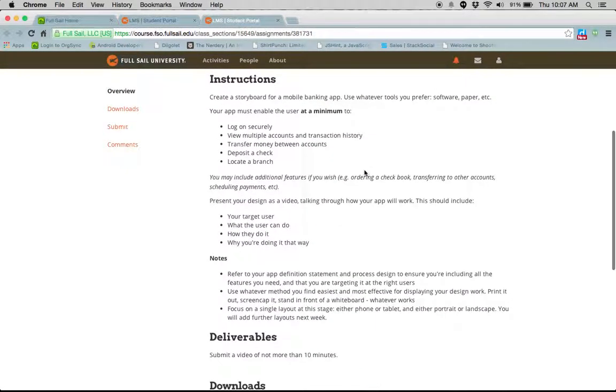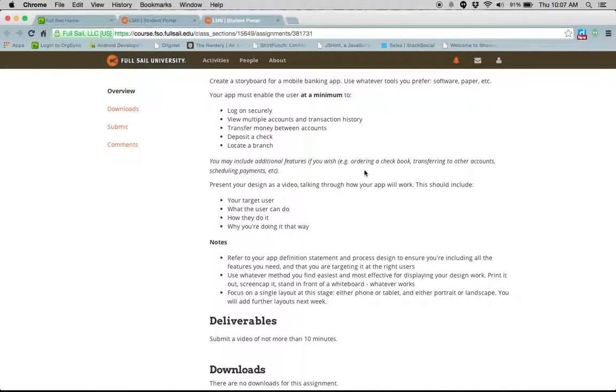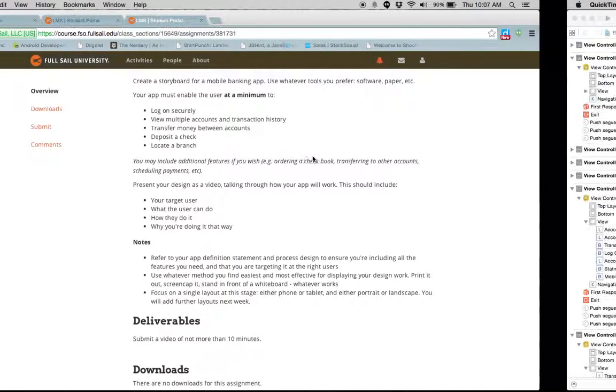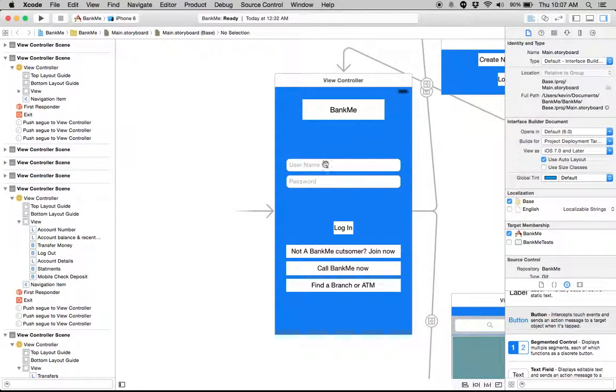Start off with the features that a user must be able to do. We're going to swap back and forth between the pages. First off, they have to log on securely. That would be right here. They enter their login information, log in,